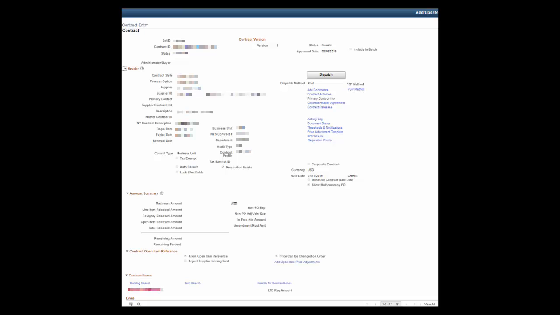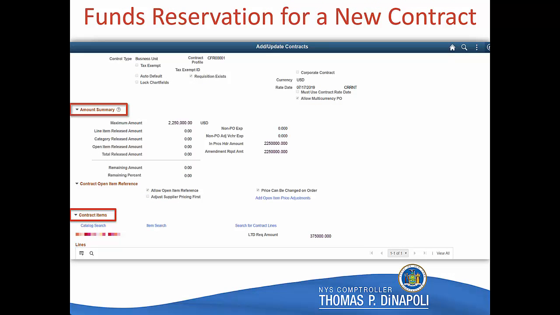If you scroll down on this screen, you will come across two sections called Amount Summary and Contract Items. You will use these two sections to calculate the amount of funding that needs to be reserved. As previously mentioned, the agency must reserve enough funds to make payments on the contract through the end of the fiscal year. If your agency is unsure of the spending anticipated during this time frame, the average spending per month